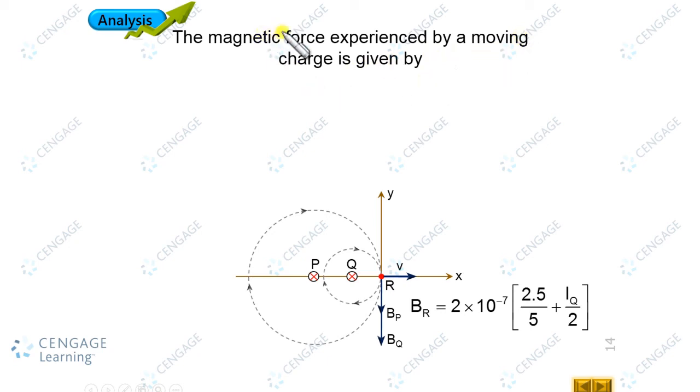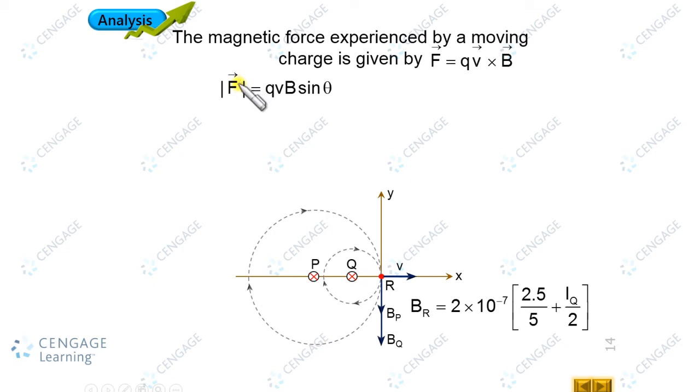So let us write the magnitude of the force experienced by the moving charge. Here it is an electron and we are only considering the magnitude, so we are not putting the negative sign with the charge of the electron. We are using the magnitude because the magnitude of this we know is QVB sin theta. So we are writing the magnitude. Okay, so here it is given.